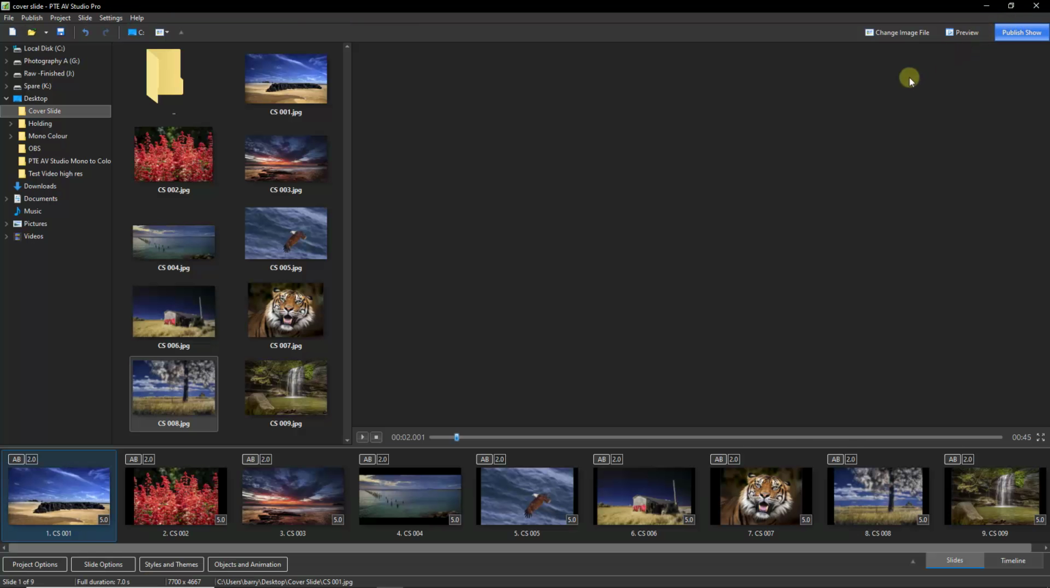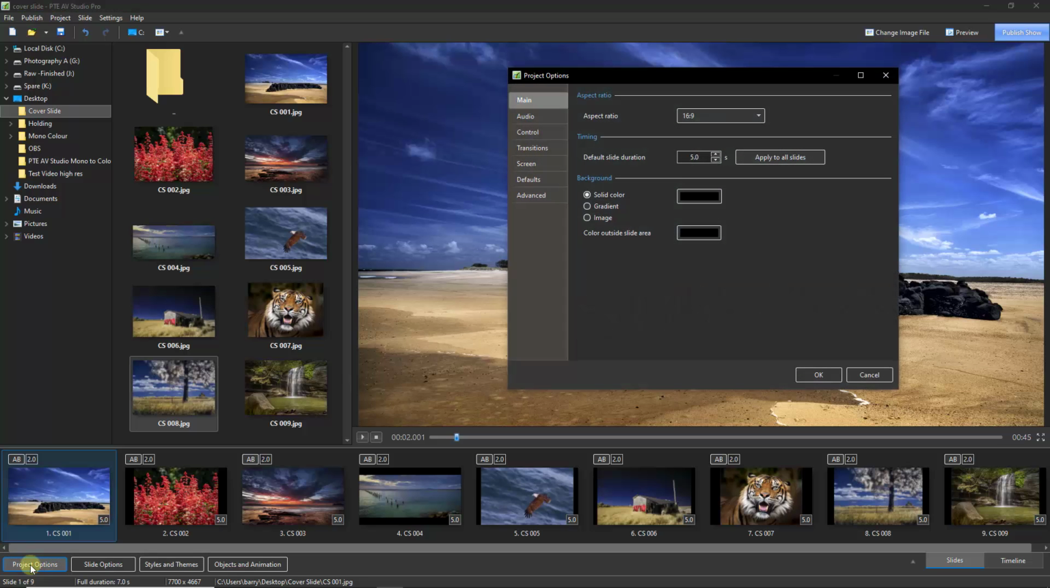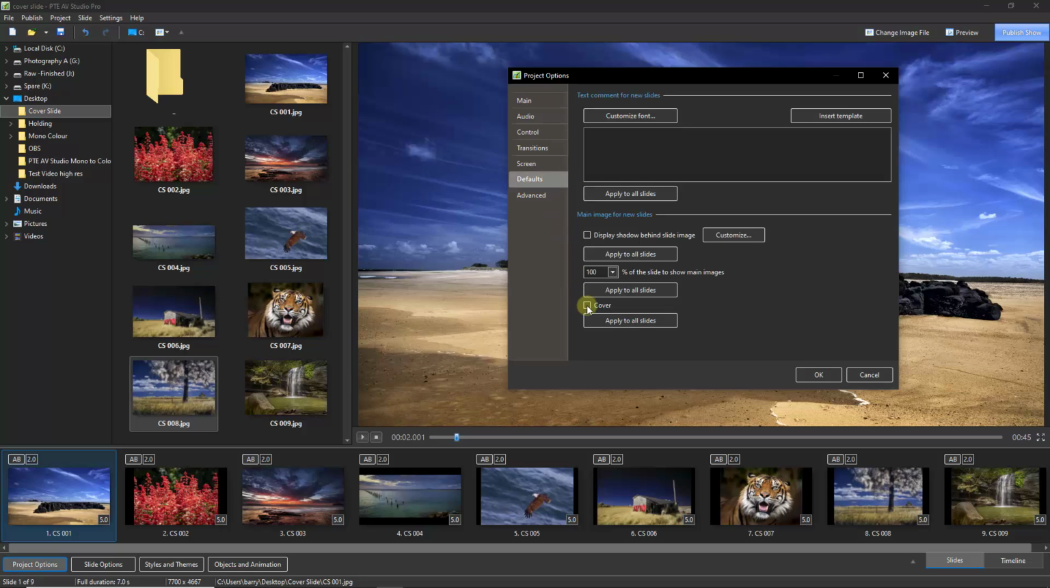If I close this and we go down to our project options, if you know you want to do this before you start making your slideshow, you could consider this option. Because if I go to the Defaults tab here, I've got a little box that says Cover the Screen. Well, it doesn't say the screen, but that's what it amounts to. If I've already started a show, then I'm going to need to click the button to apply to all slides. But if this is something you find yourself doing quite often, as long as you tick that box and click OK, the next time you drag different sized images down into the slide list, they'll all be made to fit